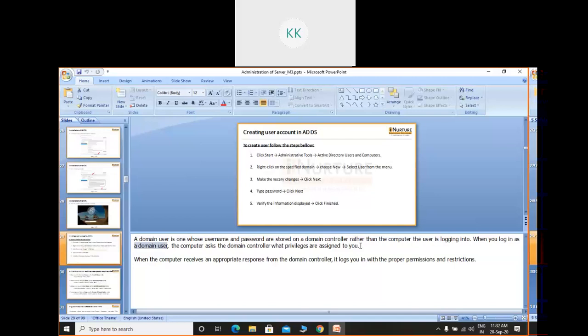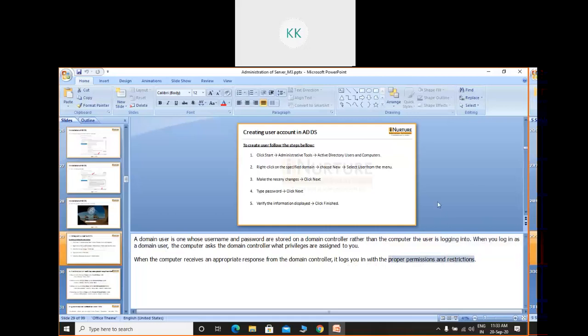When the computer receives an appropriate response from the domain controller, it logs you in with the proper permissions and restrictions. This is the domain user. Whatever facility you have and whatever restriction you have.